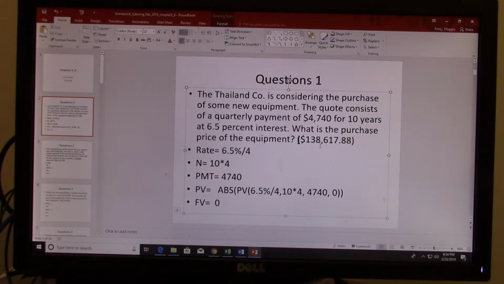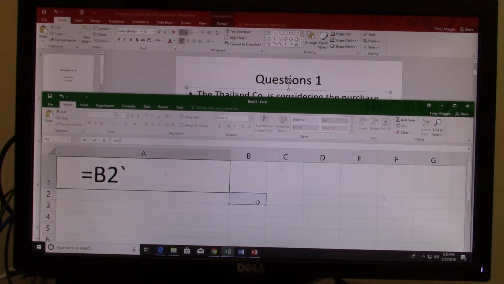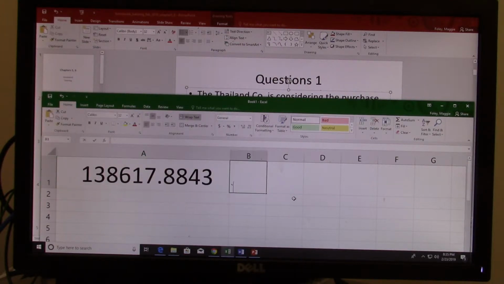So this is how you work out the problems of time value of money. There are only 5 inputs. So you read the question, and first you should know which one of the 5 variables the question is asking for. And the next thing you should do is figure out the inputs for each of the remaining 4 variables. And you can go to Excel. You can type the equation directly here like I did, or what you can do is